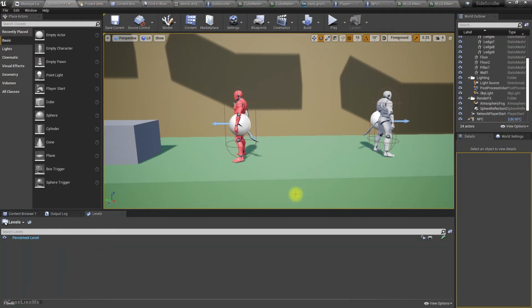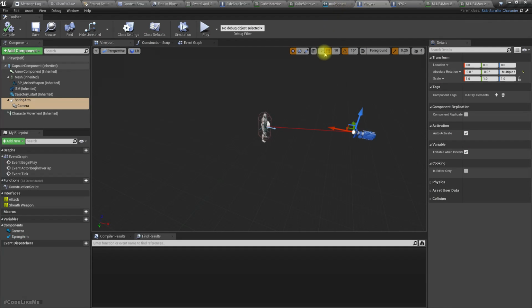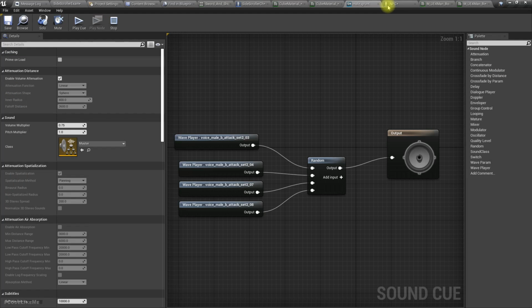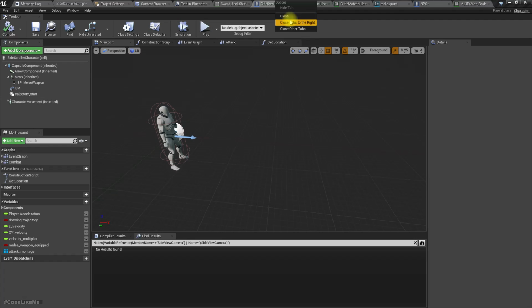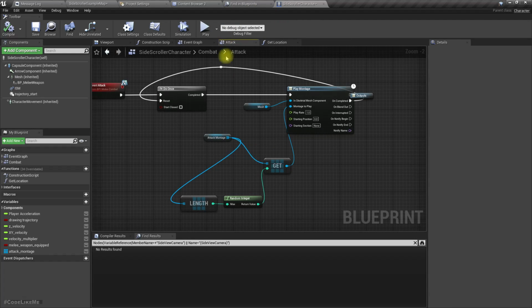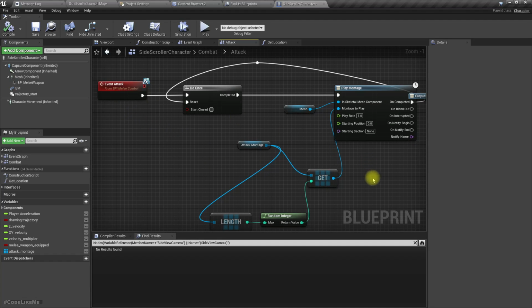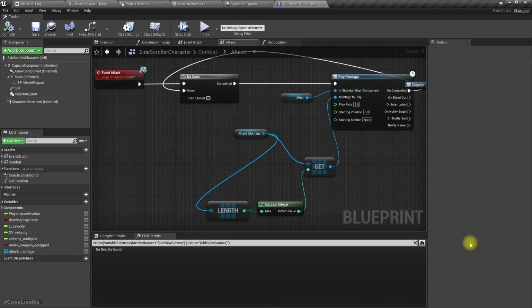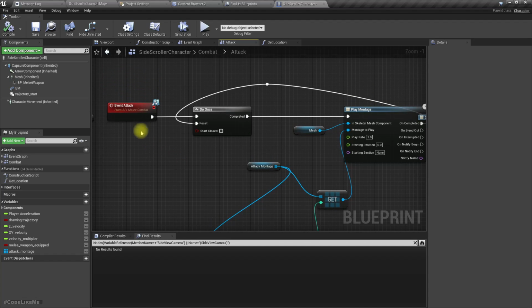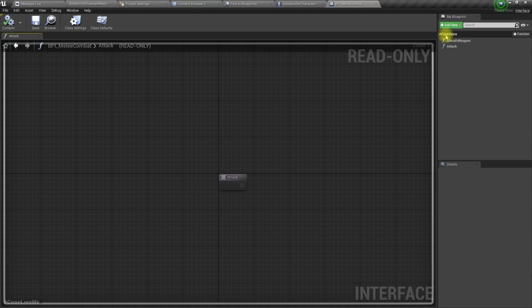So then let's do something like this. Not in the player, not in the NPC. Let's call other tabs. In the side scroller character, when we do the attack, how do we check for the hits? Right. So let's go back to this